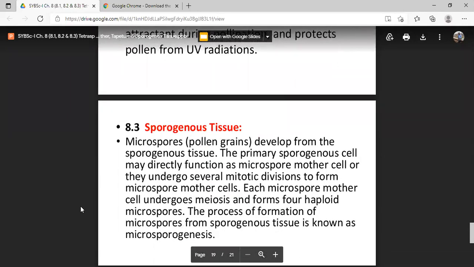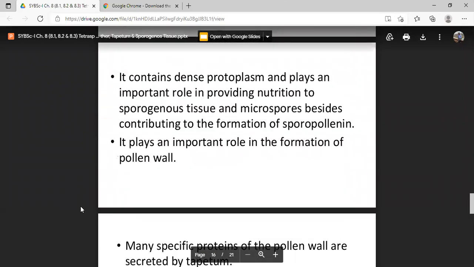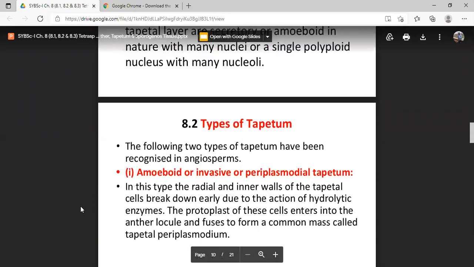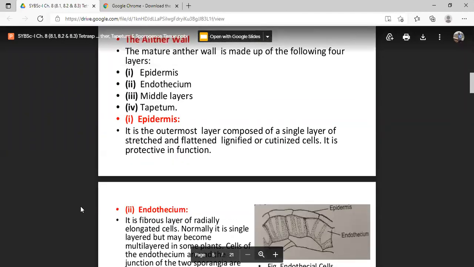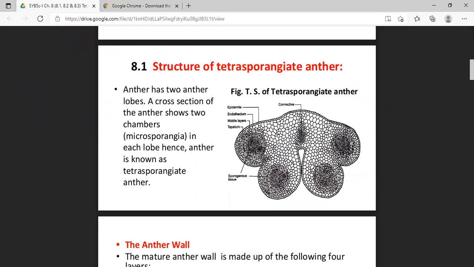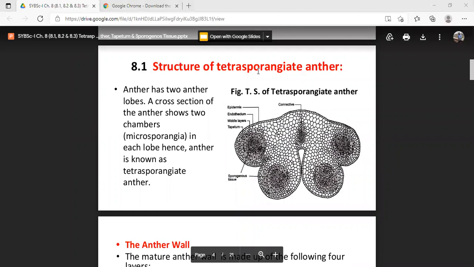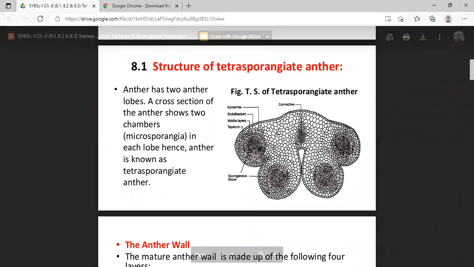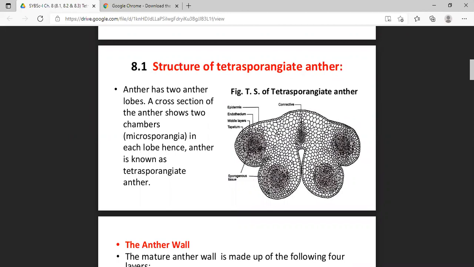Next, if we look at the inner part, in this tetrasporangiate section, we can observe the outer coating here. This outer coating is nothing but the tapetum cells. It covers the entire portion of the sporogenous wall. So this is the sporogenous tissue inside the tapetum. This may be either amoeboid secretion or granule secretion.